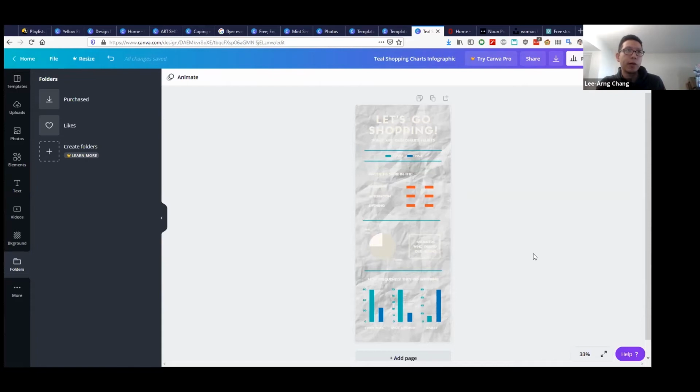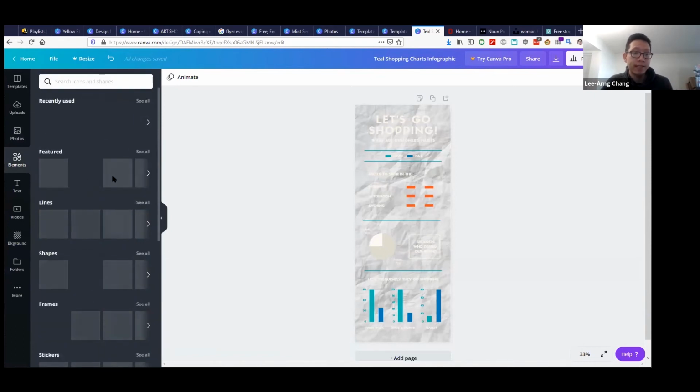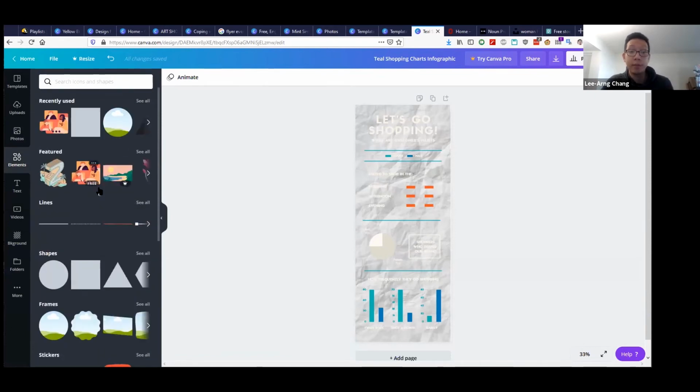for Canva Pro. And just to give you a sense of how much it costs, I believe for an individual, it's about $3 a month. And for a team of say 5, I think it was something like $12 or $13 a month. So just be aware of the cost for some of these features. I know some of these features are kind of buried inside. So obviously the library of photos, the library of elements, some of them are free, some of them you have to pay for.